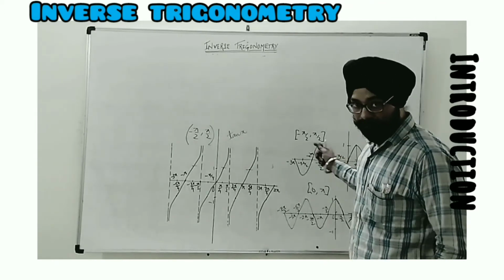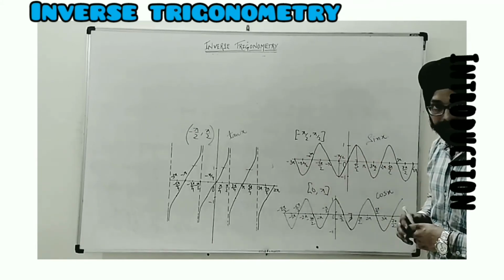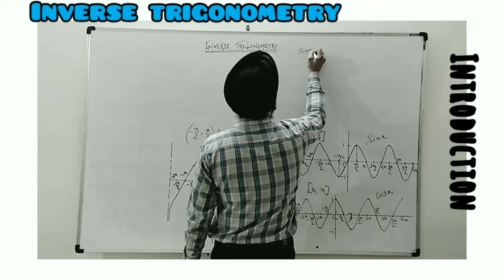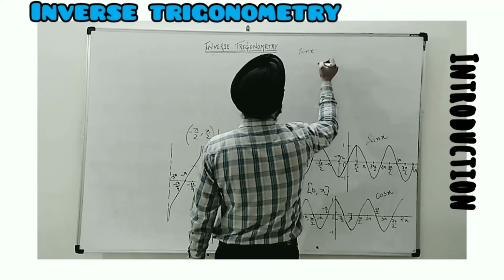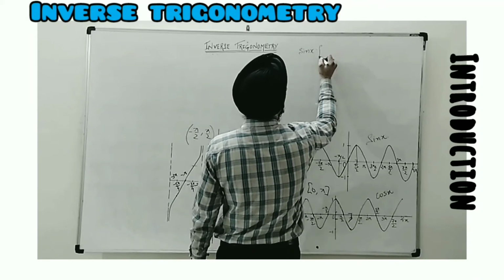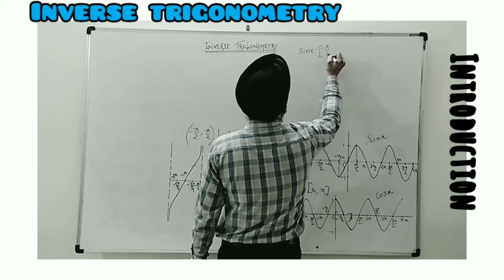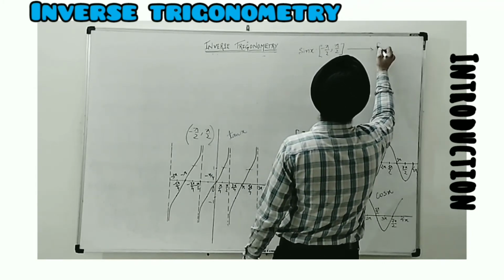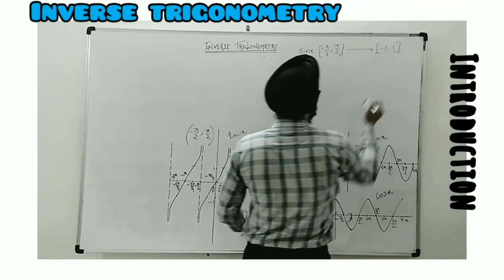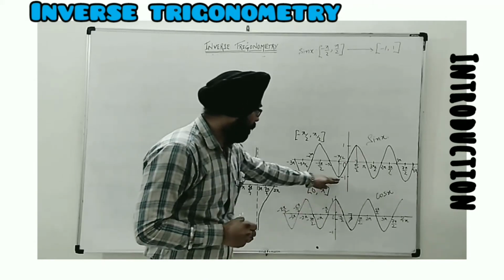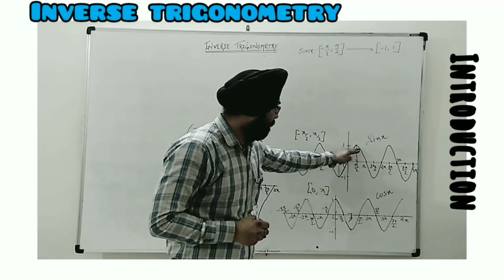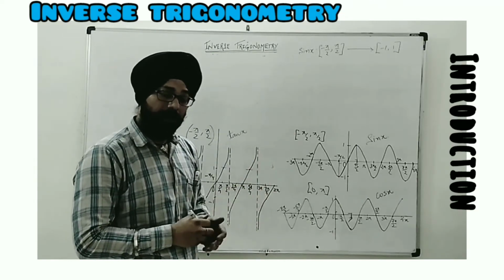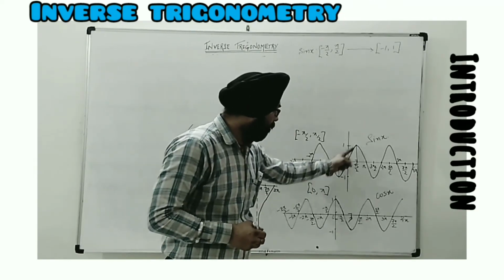But before that, we will see what happens when we consider this domain and range. For sin x, to make it invertible, its domain, as I said, is taken as the closed interval minus pi by 2 to pi by 2. Its range obviously will remain minus 1 to 1. With the help of the graph, you can see this starts with minus 1 and ends at 1. So that's why the range will remain, and sin x oscillates between minus 1 and 1, covering all the values.